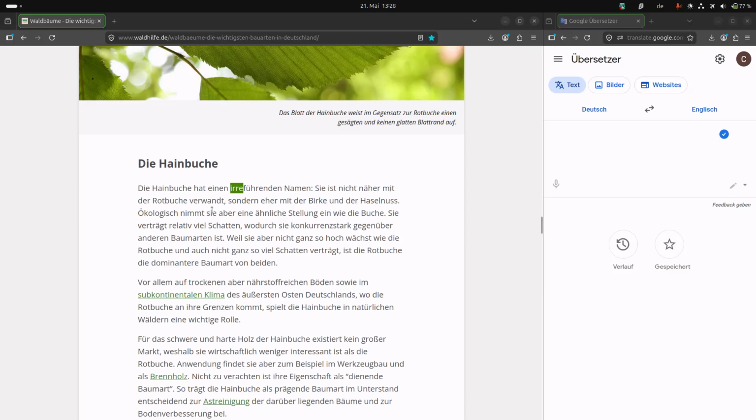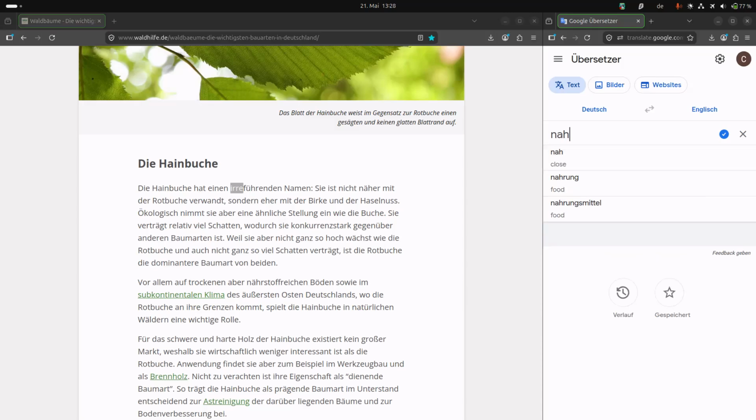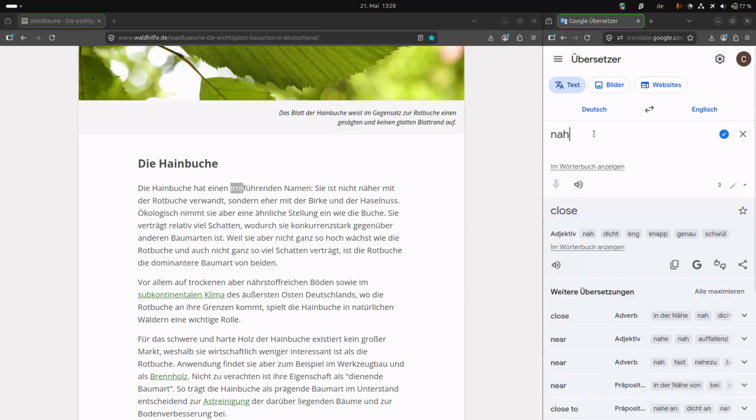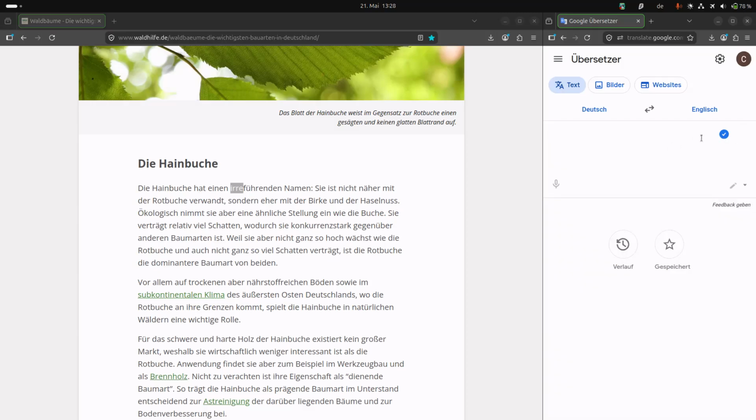Sie ist nicht näher mit der Rotbuche verwandt, sondern eher mit der Birke und der Haselnuss. Sie, she, in this case in English you would say it, ist, is, nicht, not, näher, closer. This derives from the word nah. And the comparative form, so the higher form you could say, or second highest, I don't know. Comparative form is näher, nah, näher, am nächsten. Yeah, am nächsten. I was just kind of confused. So, nah, näher,